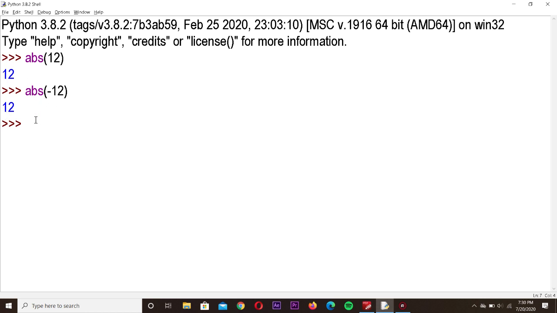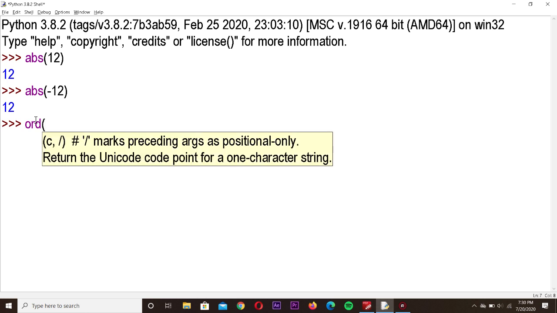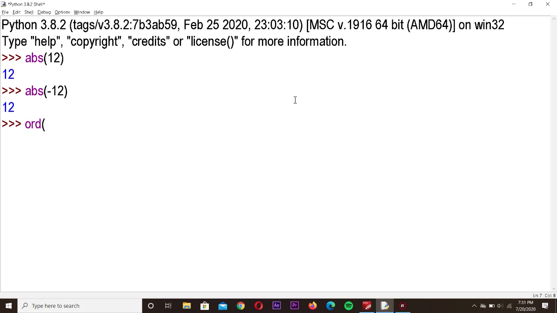Next one we discussed is ord. ord gives the ASCII value for the given character. We have to give the character within single quotes. So now if you see, 97, you know the ASCII value for small a is 97.